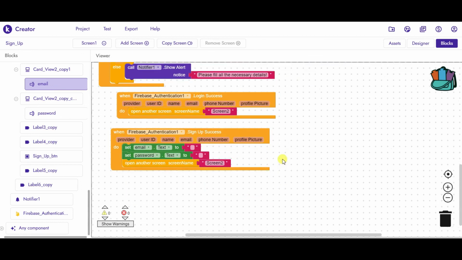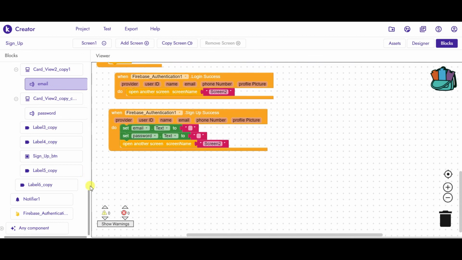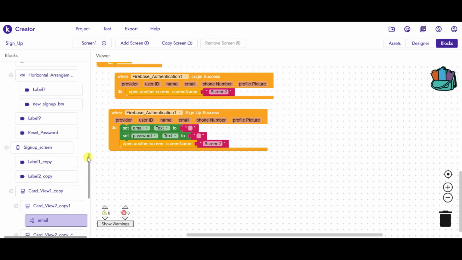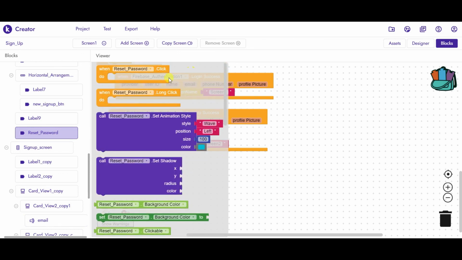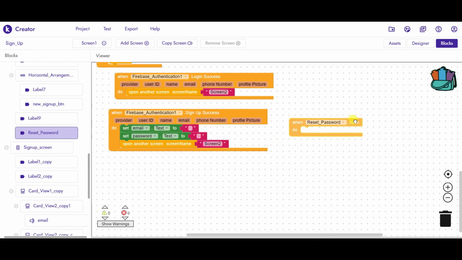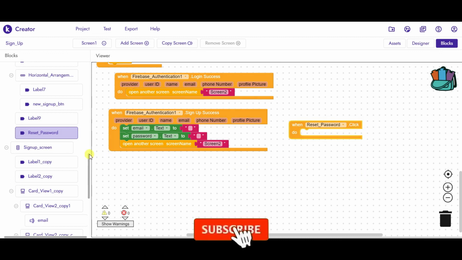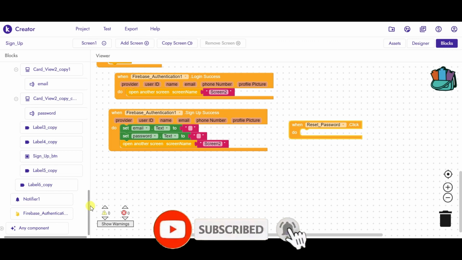And whenever someone clicks on the forget password label or the reset password label, so whenever this label is clicked, we want the application to send us an email so that we can reset our password.